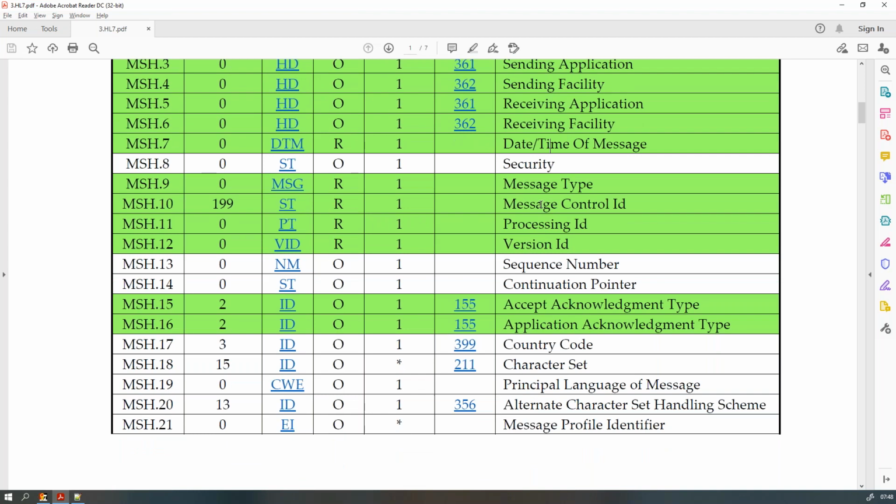Then we have MSH10, which is message control ID. So what is message control ID? Each and every message that we are going to transact will have a unique number, right? So it should have a unique number, not will have, it should have a unique number. And this unique number will help us to track down an HL7 message in an event of any HL7 message not reaching the destination, or the message has reached the destination, but for some reason it did not get processed